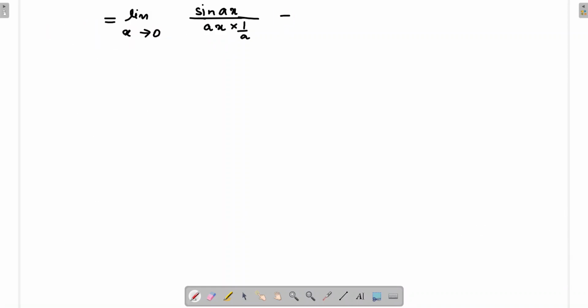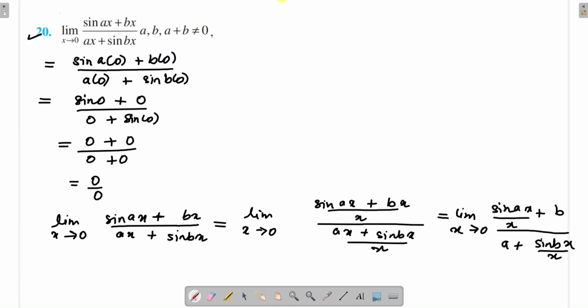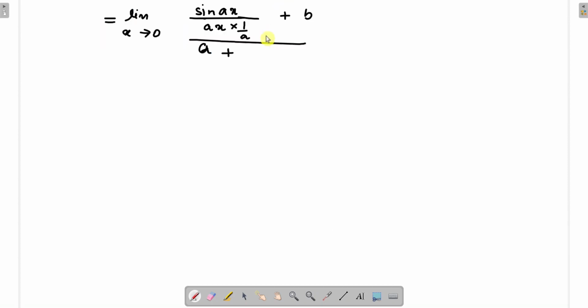Then plus b, then divided by a plus. Now similarly we have to multiply and divide by b in the term sin bx divided by x, where in the denominator, bx multiplied by 1 by b. Okay, so this is equal to limit x tends to 0